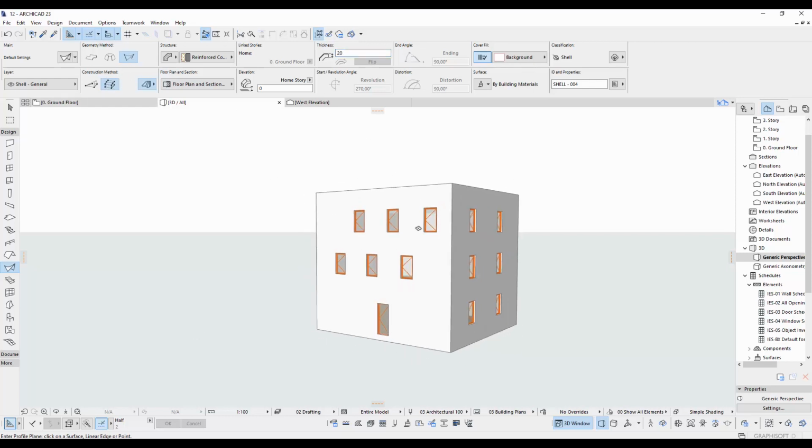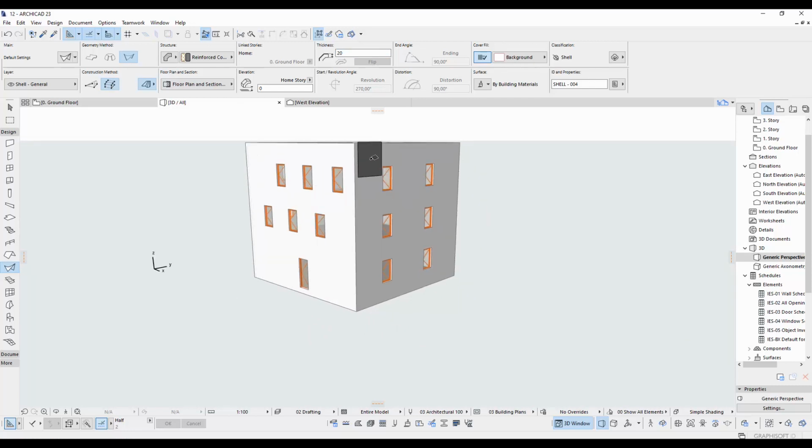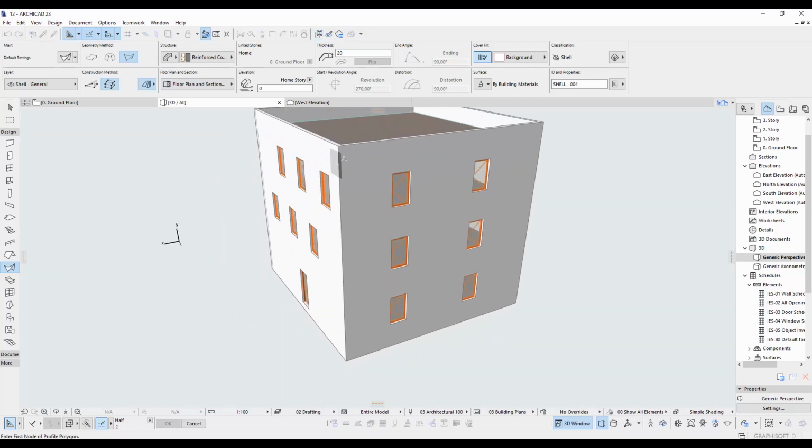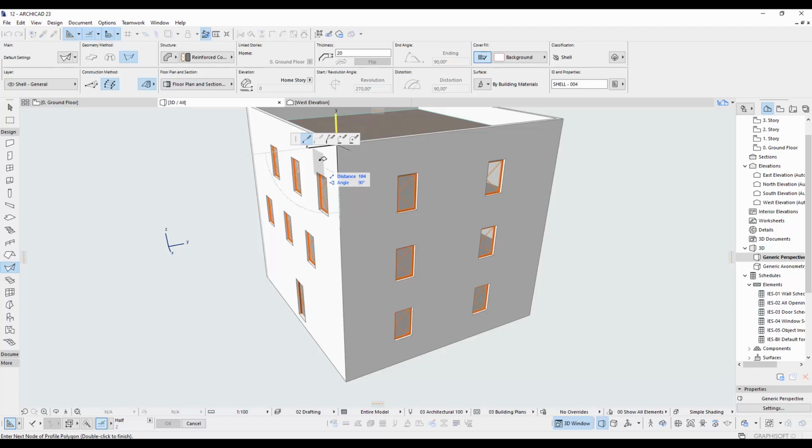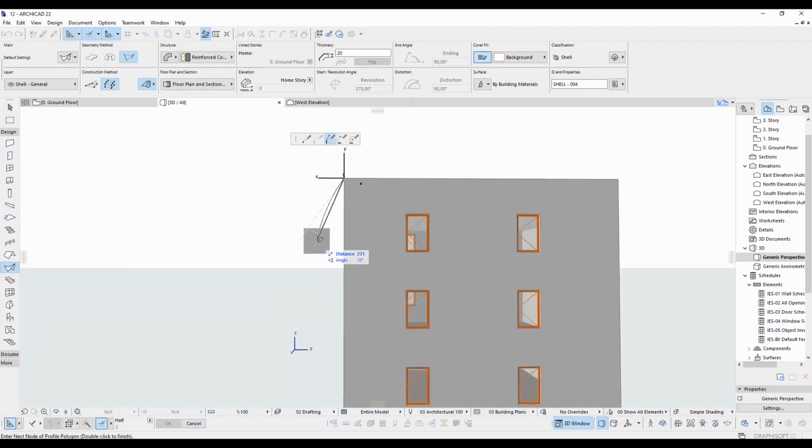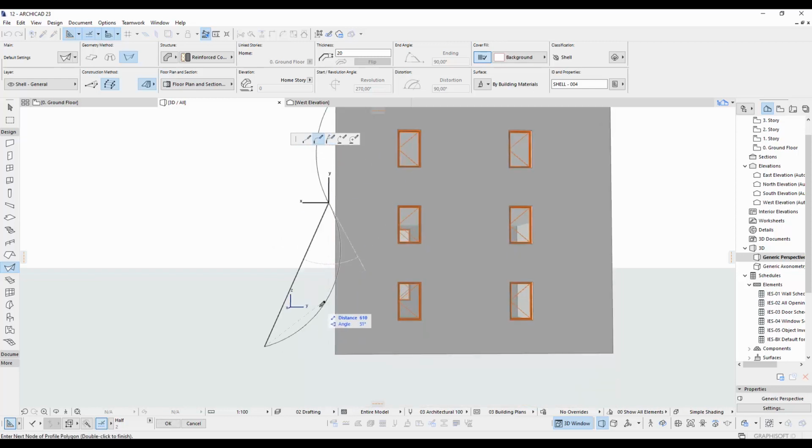I'm just gonna click the construction method. This will allow us to create interesting designs like this. I'm gonna click the face first. I'm gonna click this button for drawing curved shapes. After that, click the second button to continue from tangent.